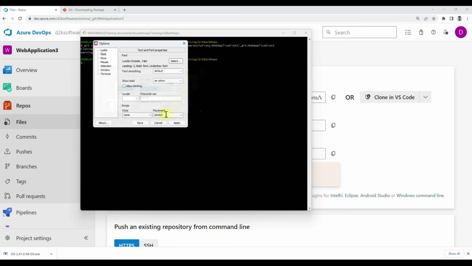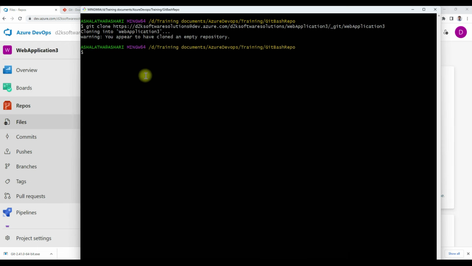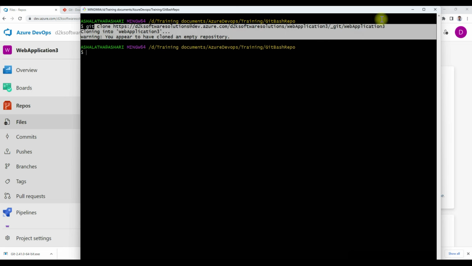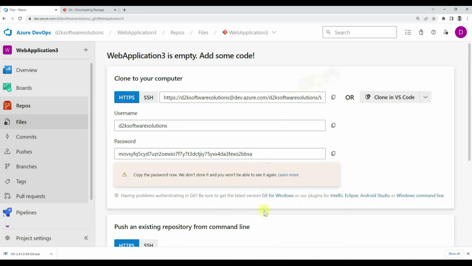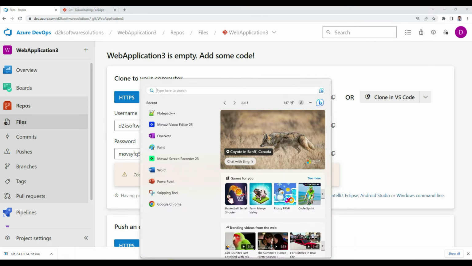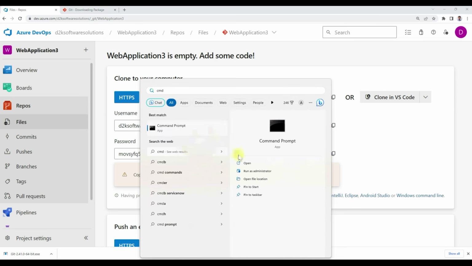Okay, fine. So now we have cloned those files here. Now what we have to do is, under this repository I want to add some solution. So for that I'm going to use this command prompt in administrator mode,